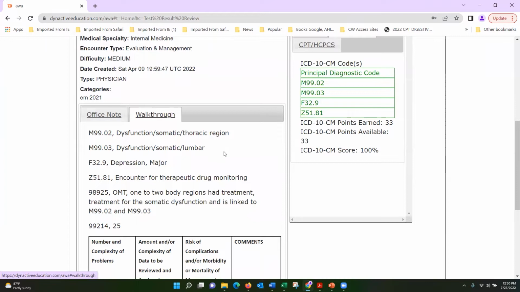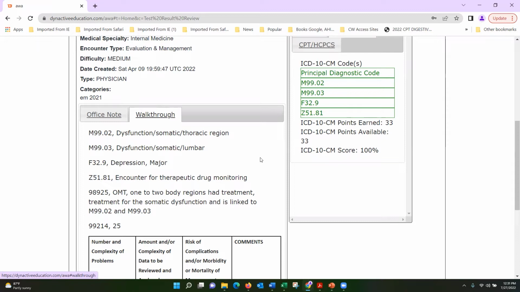So our codes here, right here, we know that we have somatic dysfunction. And we know that it's in the thoracic region. So we have a code of M99.02. We also have a somatic dysfunction in our lumbar area,